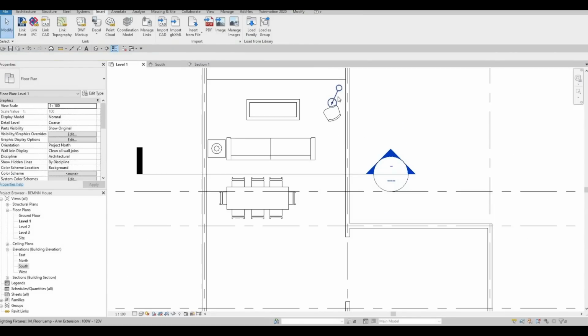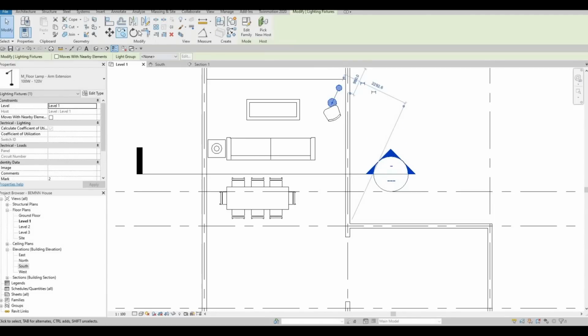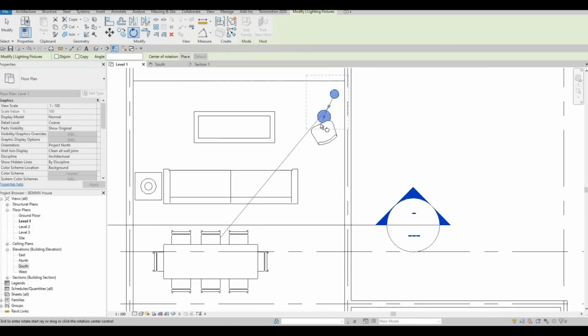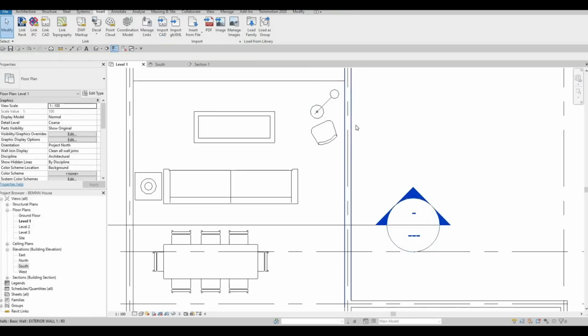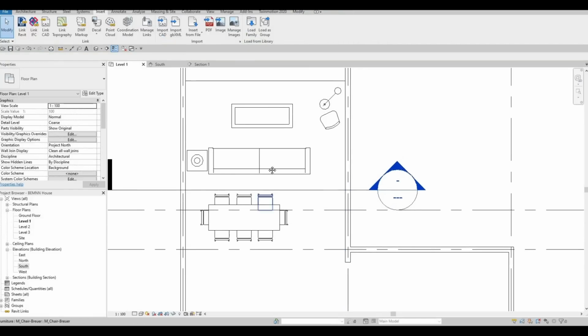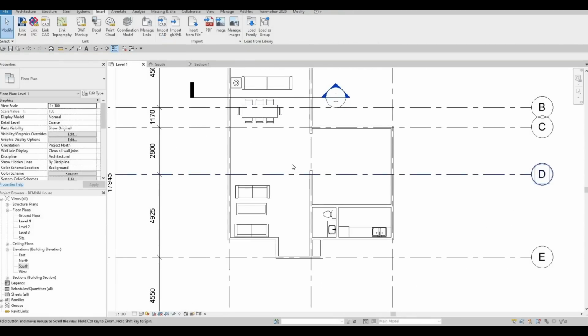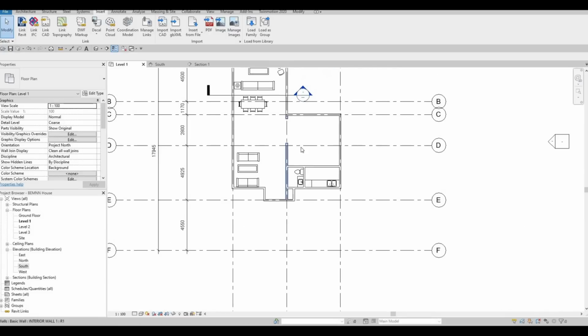If you want to do it manually, you can select that, click on rotate. You can even place the rotation point right here, and then now you can manually rotate it. So that's how you can do it as well if you wanted to do it fast. Okay,